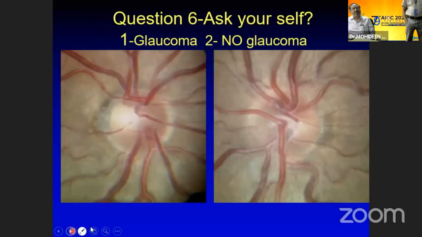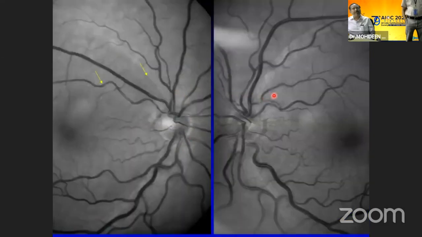Is this a glaucoma or not? This is a small disc versus a large disc. I told you the small disc must not have a cup. You have a cup. So when you have a cup, you always see the nerve fiber layer, compare the nerve fiber here and here. The nerve fiber defect is here, definitely glaucoma.